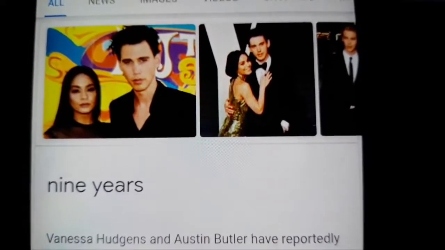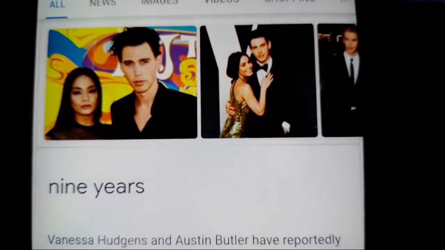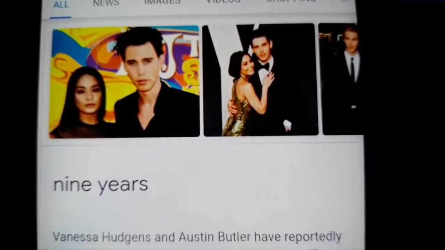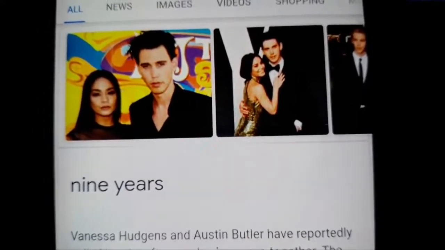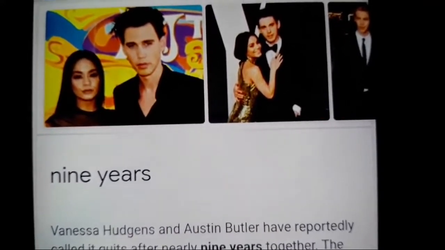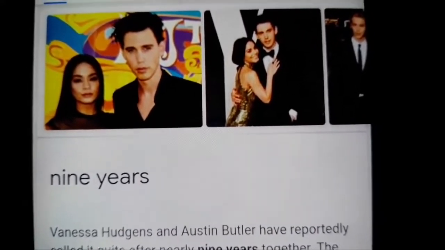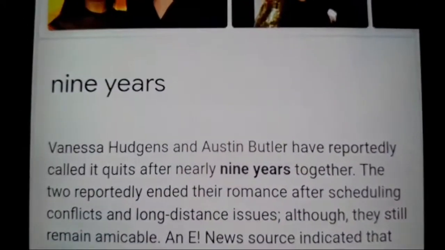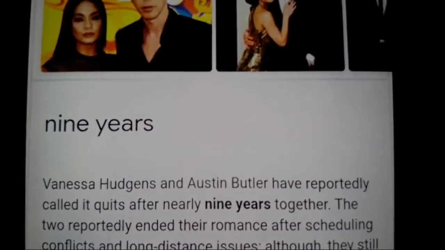the Space Needle was where Dr. Evil's headquarters was, and Evil's is an anagram for Elvis, and it was inside the Space Needle. Because I told you Elvis is going to shoot out the Space Needle. Anyway, so Austin Butler, remember Austin Powers, Austin Butler, and she was dating him. Vanessa Hudgens was dating him for 9 years.